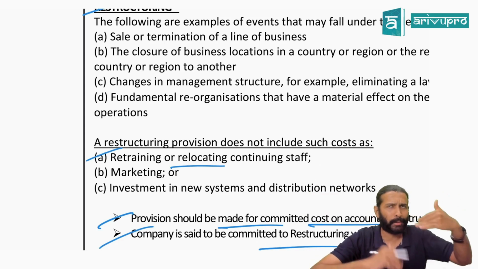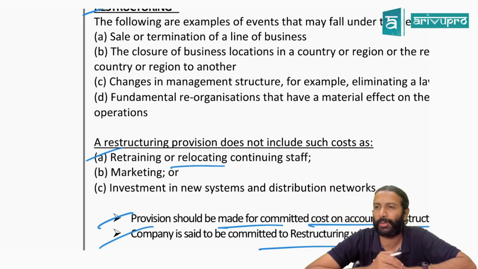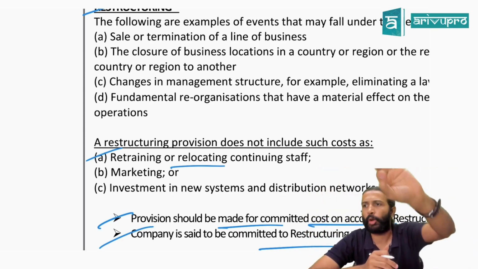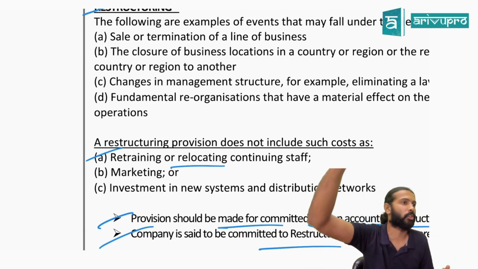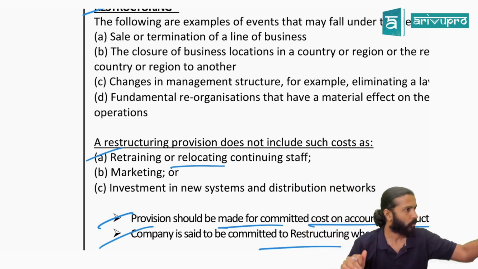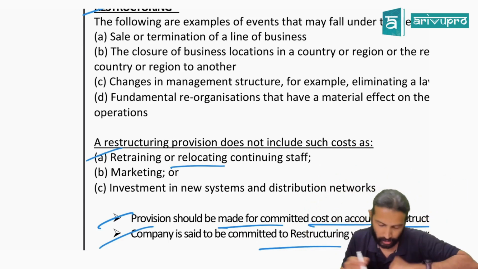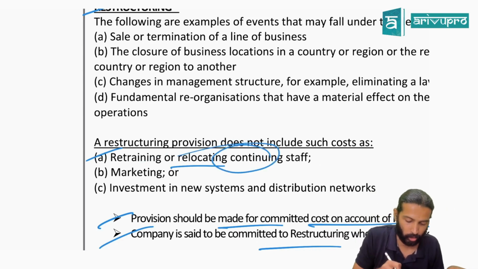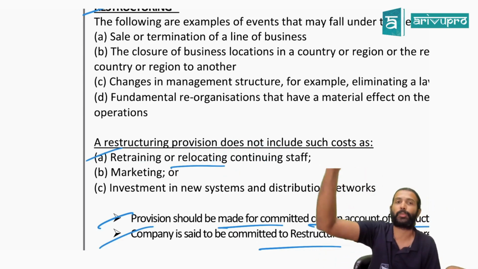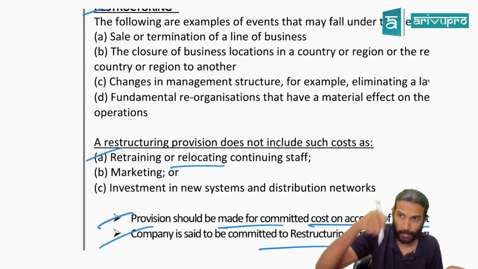Normally, when you're going for outstation work, companies will give you one month. They'll put you in a hotel and say, all the expense I will bear. Within one month, find your house. For this one month, I will bear this cost. That means there'll be some relocation cost, and that is not related to your restructuring. They're specifically saying transfer it to P&L. Now you find a specific provision here.